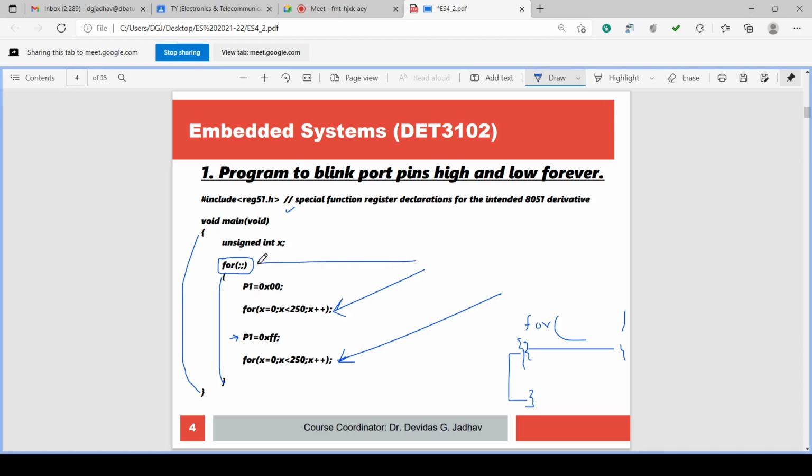So this is the for loop for forever, and these are the for loops for 250, but they end with a semicolon, so they will execute for themselves only. Okay, without a semicolon the for loop will execute itself, and along with it the next instruction or next block of instructions will execute. Here the semicolon is there, just see here. So this for loop will execute itself only, and the next instruction will not be executed along with it. Okay, now I think this is clear.